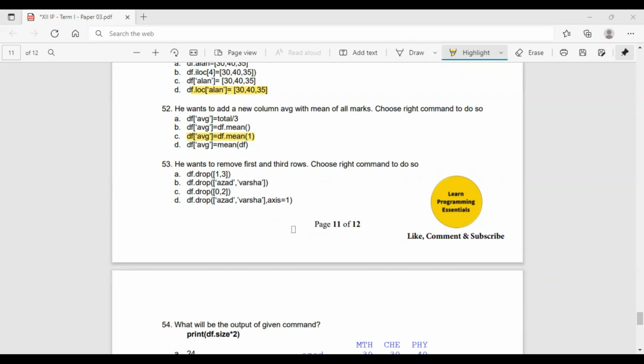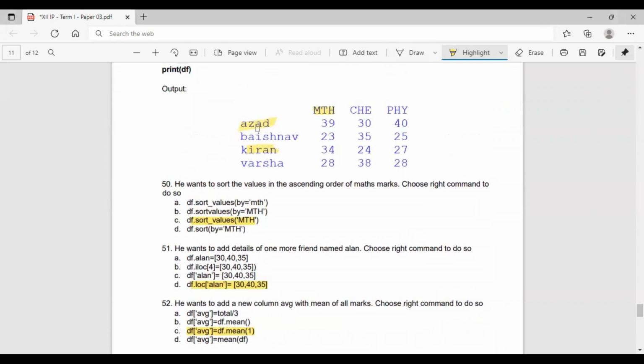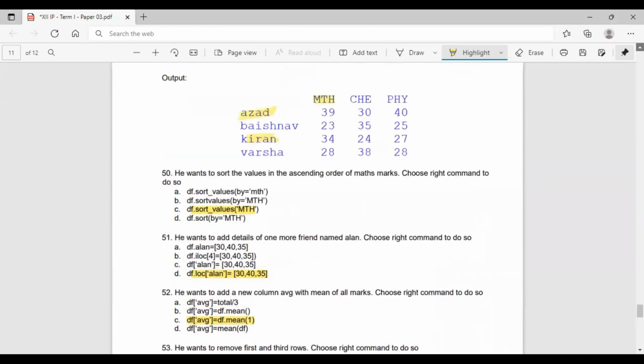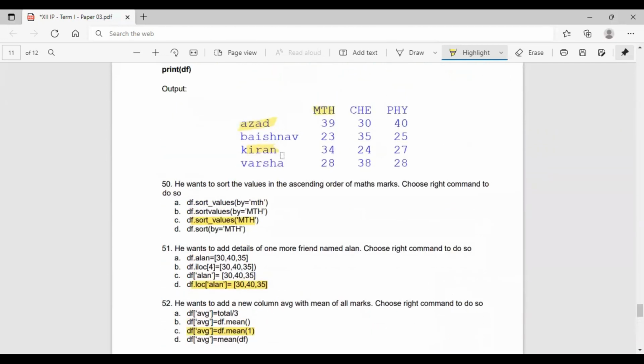Since the index is given, you cannot do that. It will result in an error because the index is already specified. If it were the default index, you could use this way. This would be the correct answer if the default index is given. But since the index is given, if we use 0, 2, it will show that the particular axis is not there.